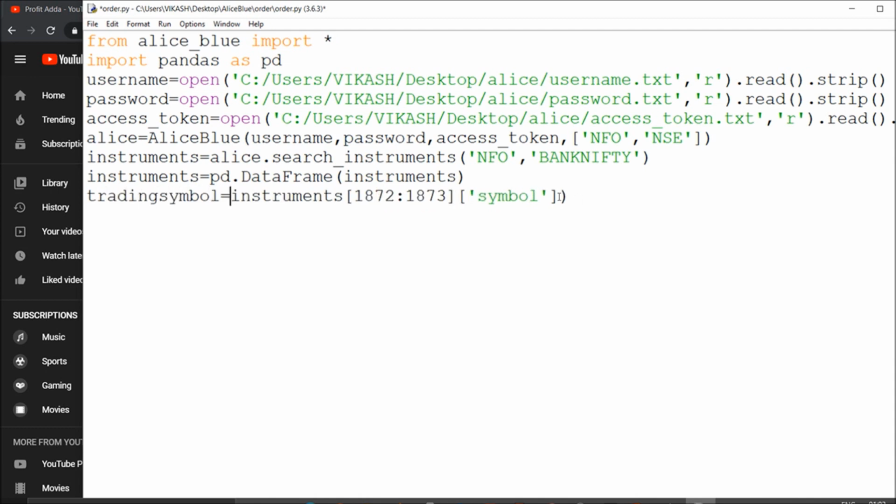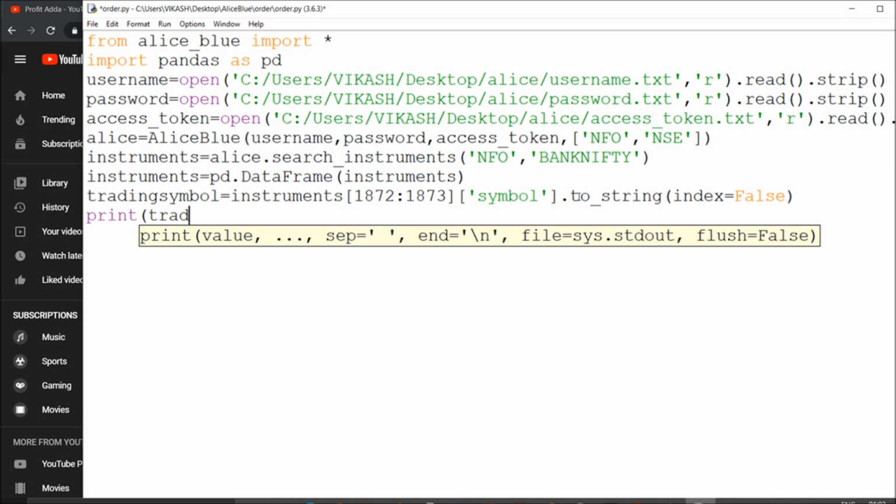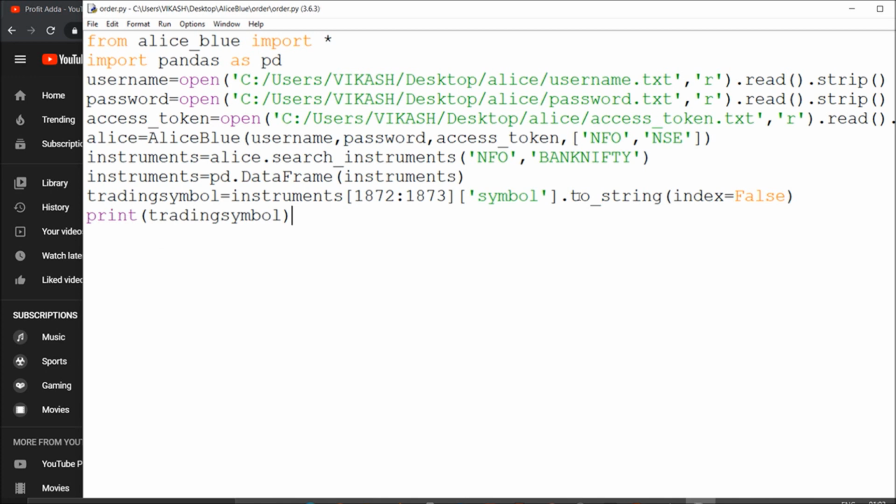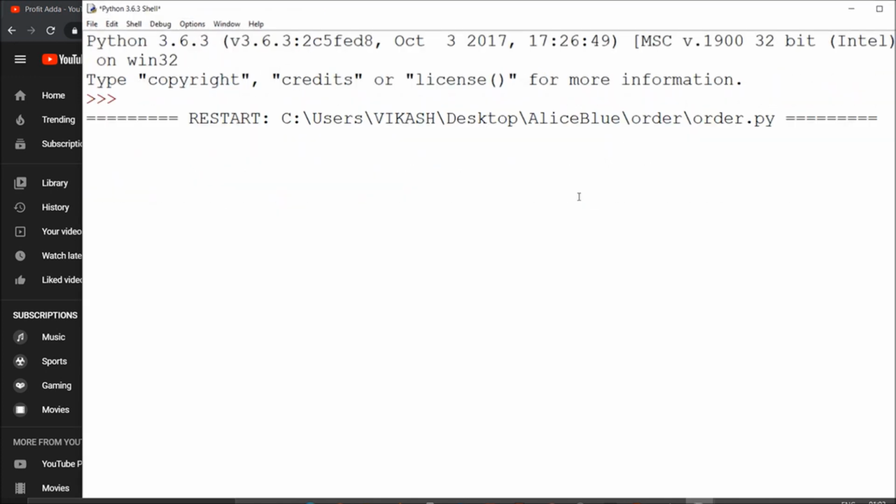You have to call this string and say index equals false, and if you say print trading symbol, it will fetch the required thing as you want for your data as well as trading purpose. So this is the way you need to fetch, and you need to say about the Bank Nifty I want to trade.